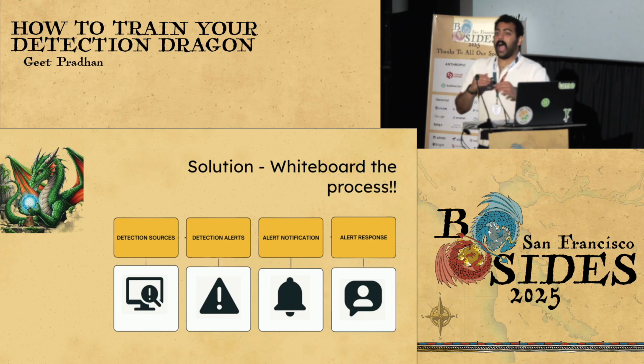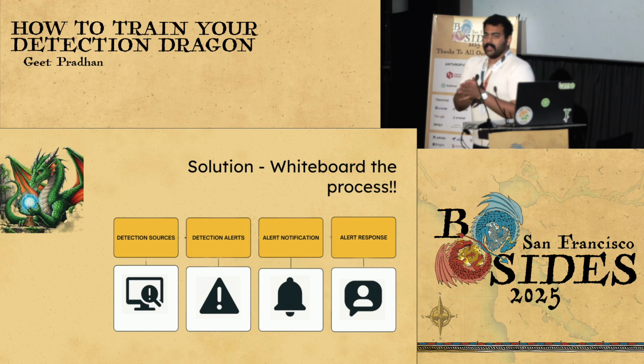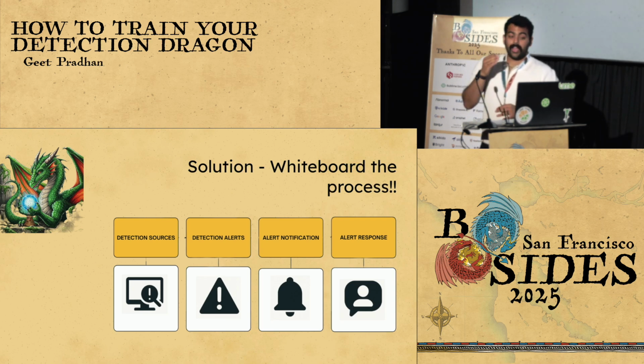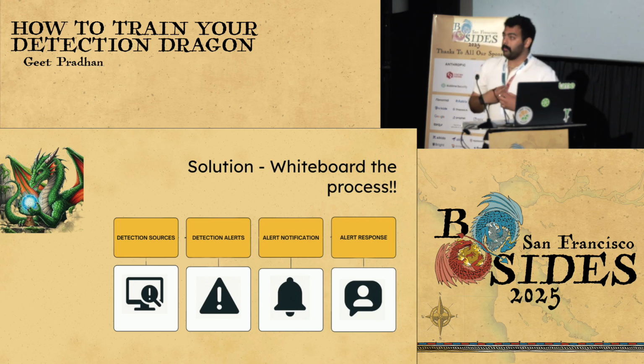This is something I did not do, right? It's a very simple solution, and a lot of you must be like, what are you talking about? Like, this is not the solution. It brings you to the solution, right? One thing which I wish I would have done is got these 4 tasks and be like, hey, I want to whiteboard this. Why is whiteboarding really effective in system design? There's lots of articles for that, but in detection response, it really helped me.